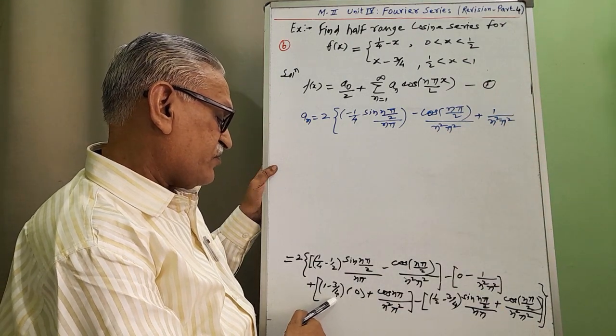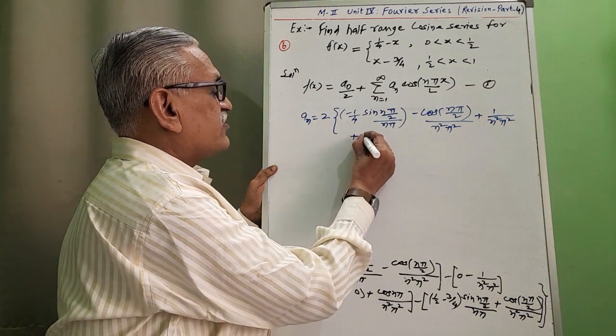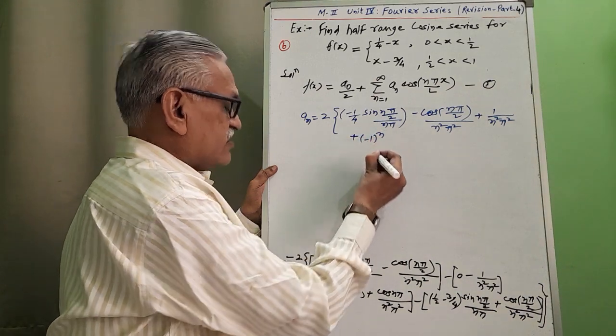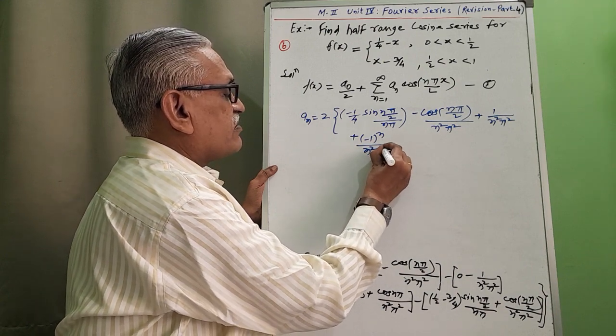This one is 0. The value of cos n pi is minus 1 raised to n divided by n square pi square